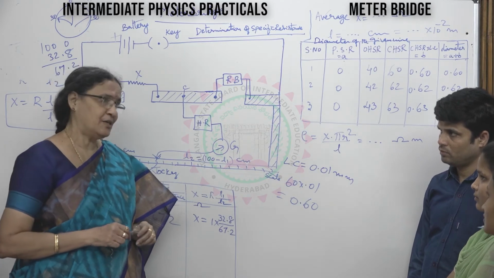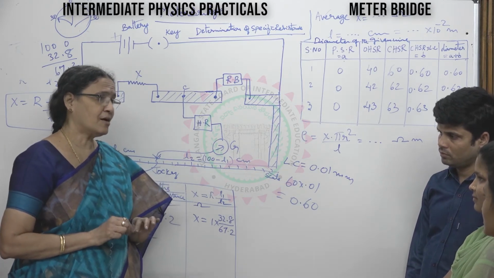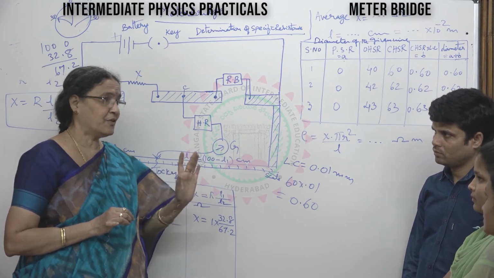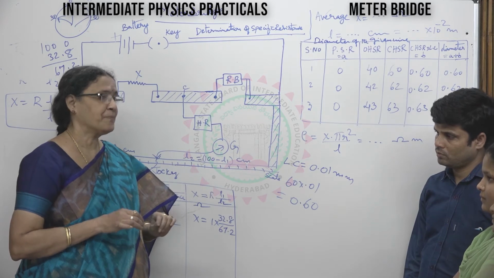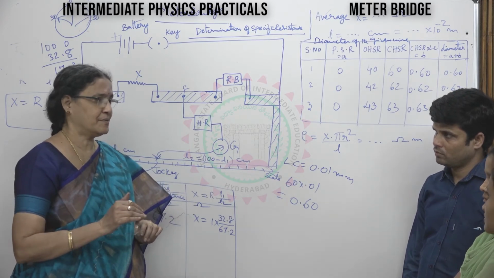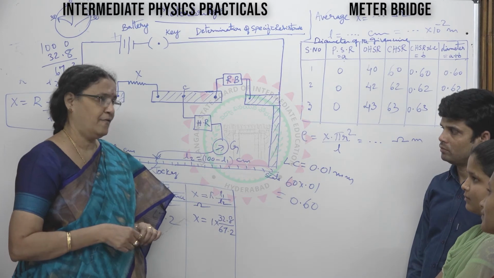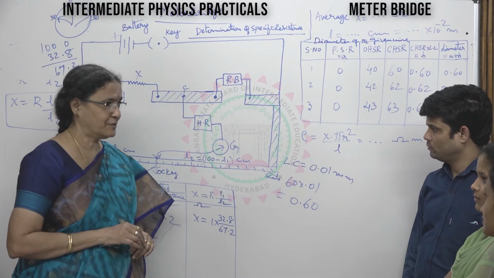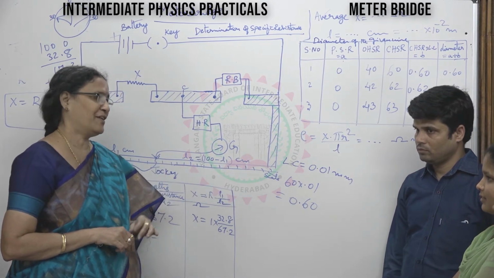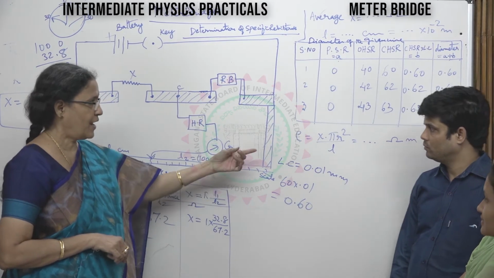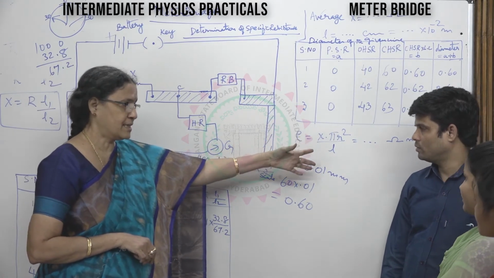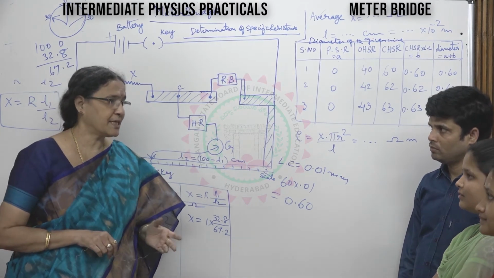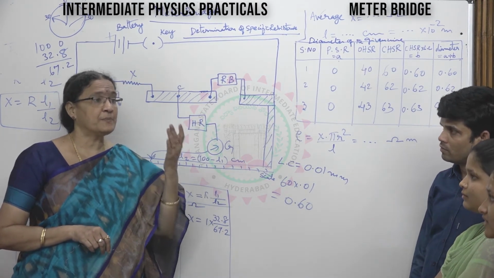You can't get any value you like, because specific resistance is unique for each material. Okay, so you get that more or less, because some experimental error will be taken into consideration. So you must get near the specified value of nichrome, then only you have done your experiment correctly. Okay, so finally its unit is ohm meter. So this is how we are going to do the meter bridge experiment to determine the specific resistance